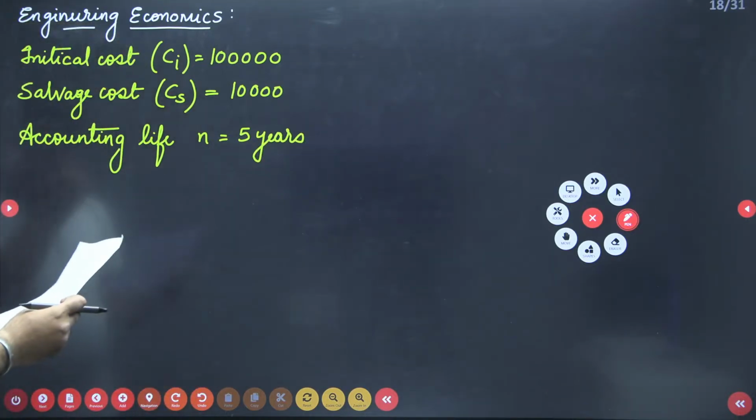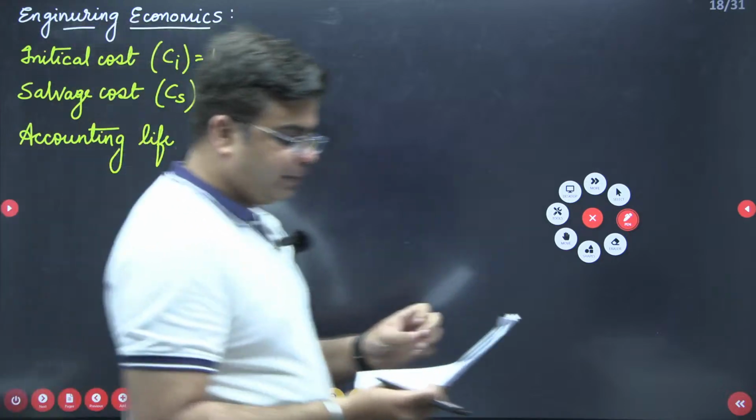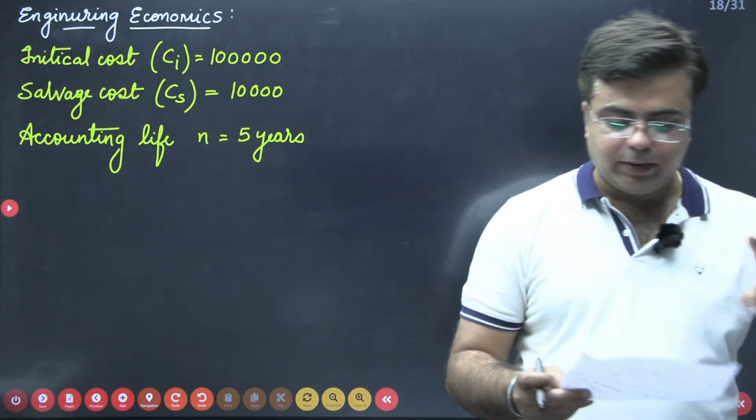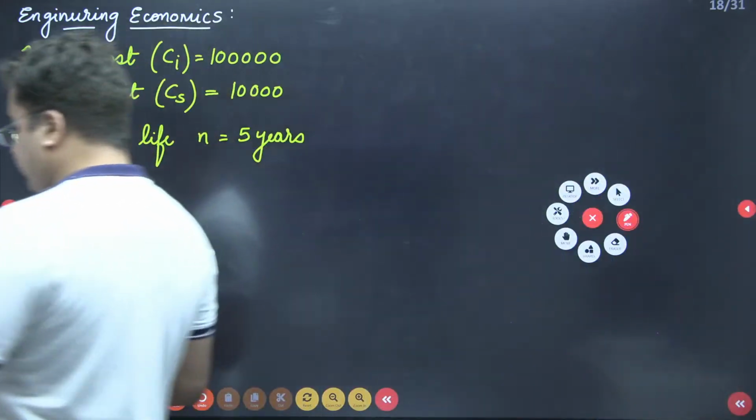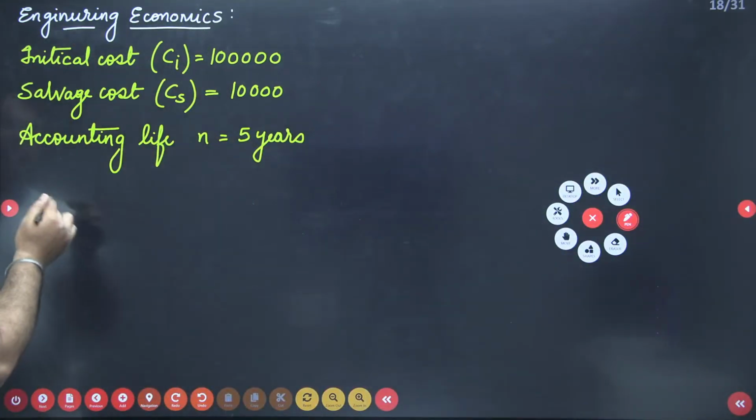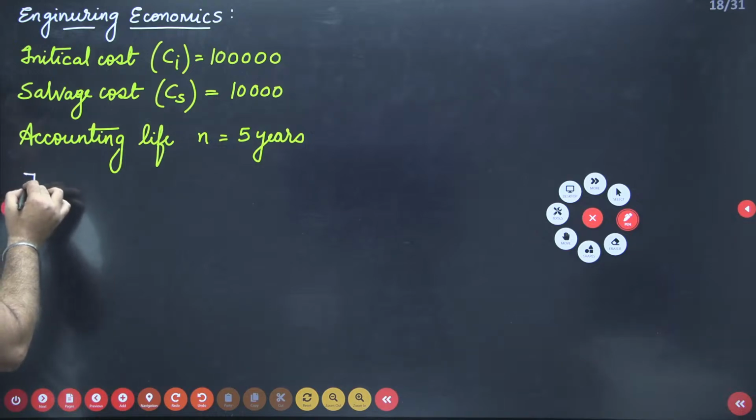Then you need to calculate the difference in depreciation using the double declining method and the straight line method after 2 years, sorry. So you need to find the difference